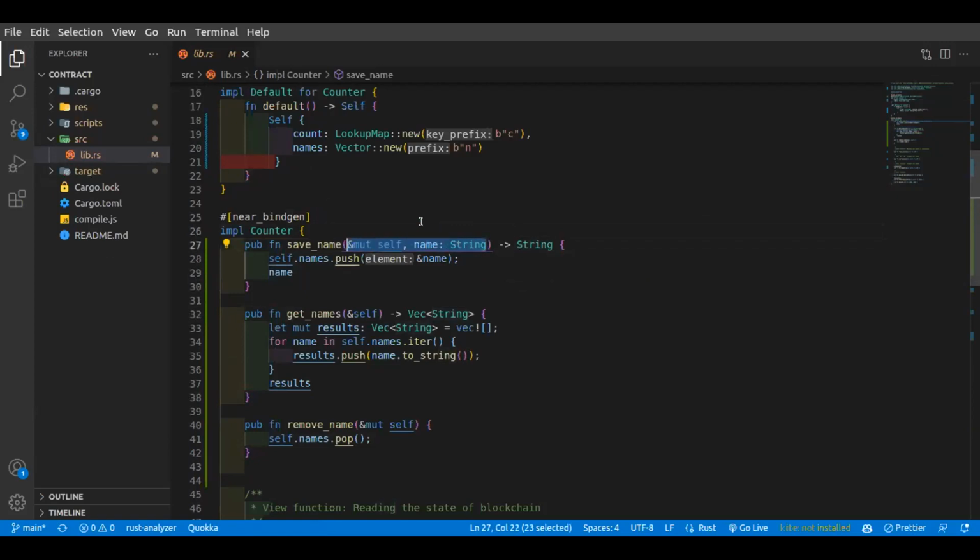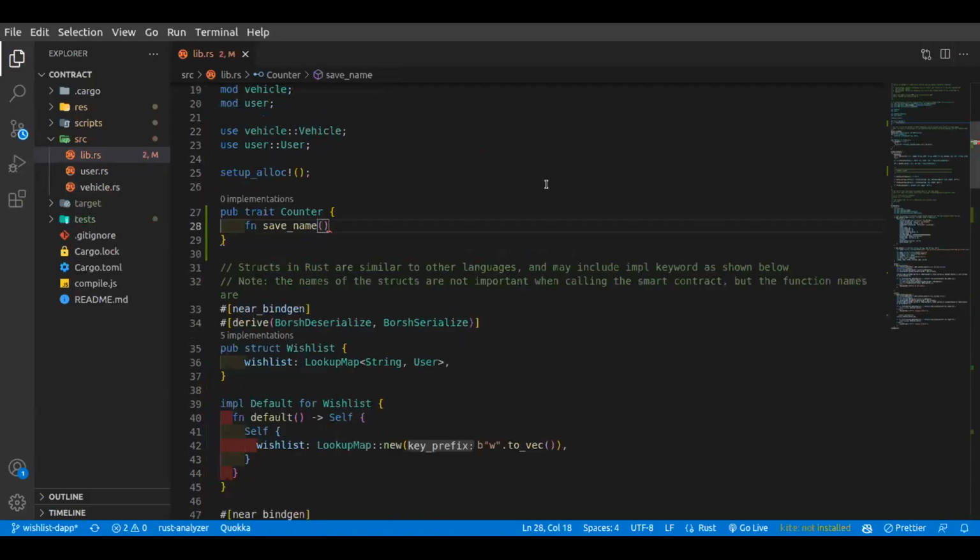Let me just copy the parameters as they are and paste them right there. A mutable self. Then it's going to return a string once we invoke it. Now, since this is a trait, we're not going to implement this function within the trait. We're going to implement it in the structure, in this case, a class that is going to implement this